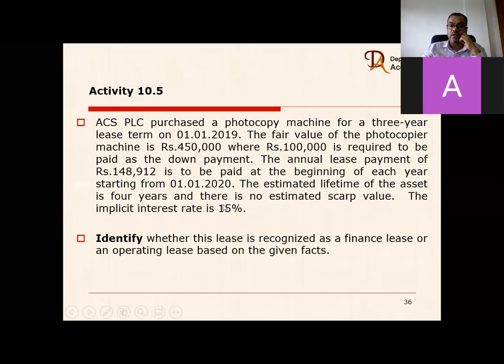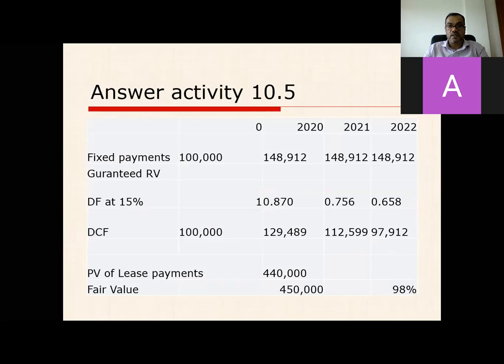That calculation will help you determine if the present value of the lease liability becomes 350 or somewhere very close to 350, it means that 350 plus this 100, it becomes 450. Therefore, it is a finance lease. So you have to quickly decide what to do to answer this question. Answer is this. You do the calculation,